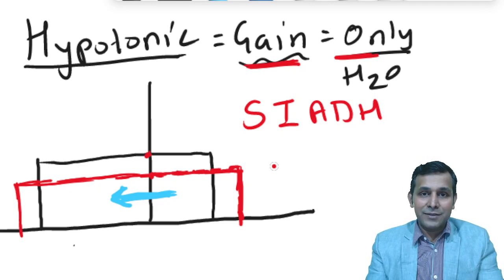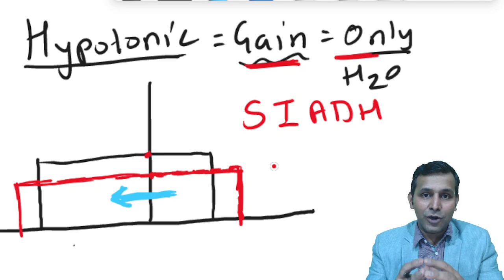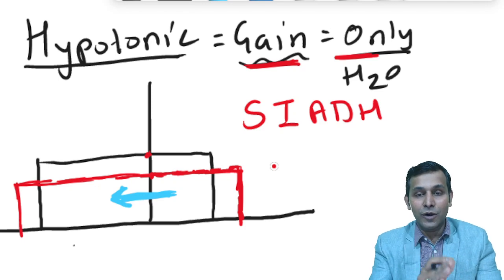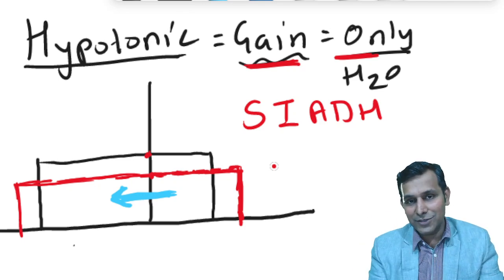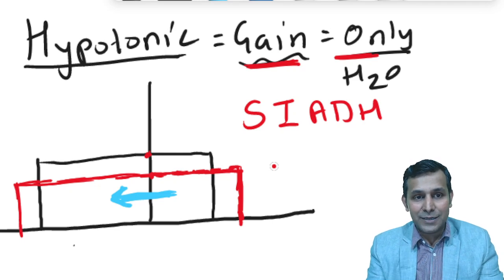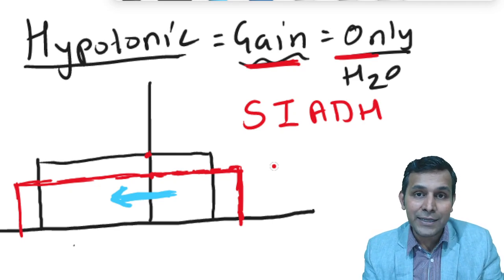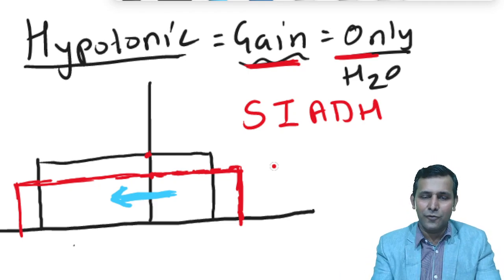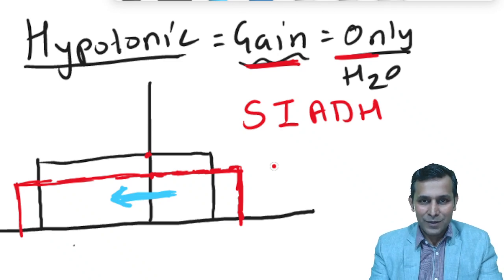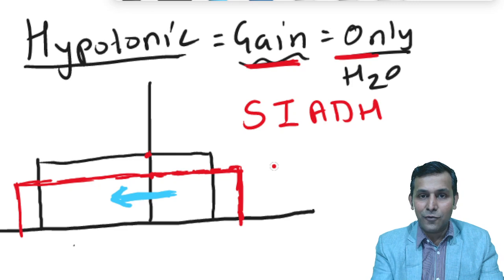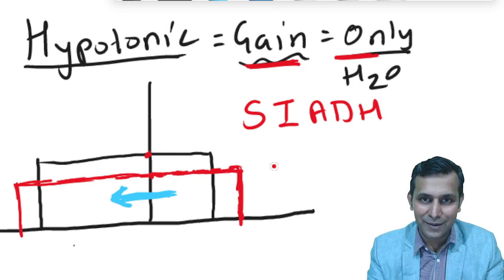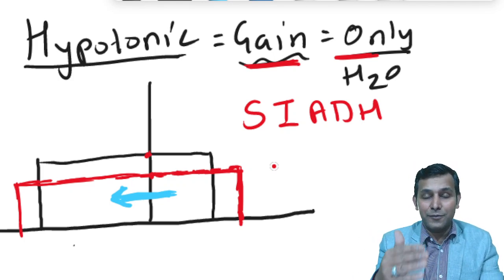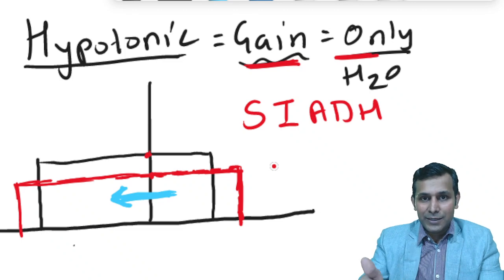And in that case, there is an excessive amount of ADH being secreted from the hypothalamus. That's why it is called syndrome of inappropriate ADH secretion. Now what happens here is that this ADH hormone, the anti-diuretic hormone, causes excessive reabsorption of water from the kidneys. So from the nephrons of the kidneys, the water is reabsorbed. Salts are not being reabsorbed. Salts are remaining as they are,